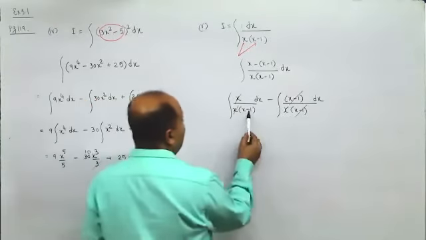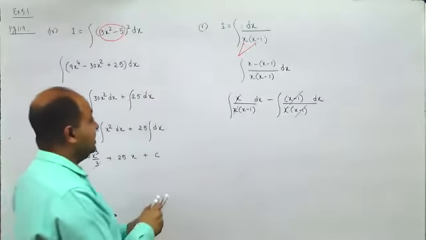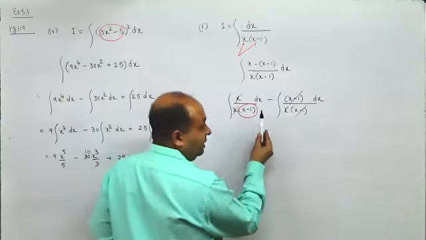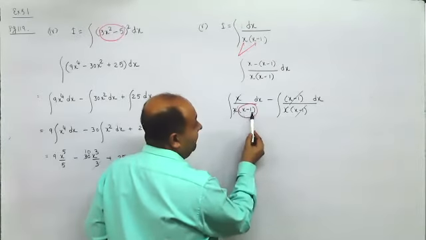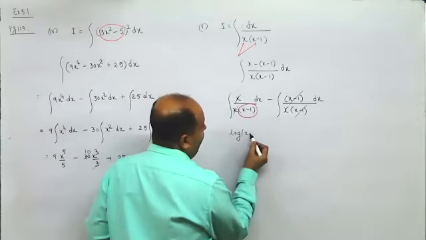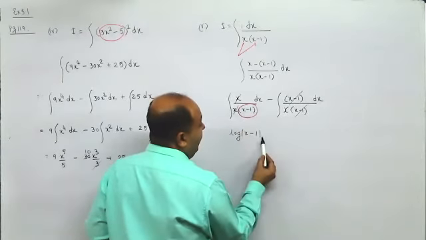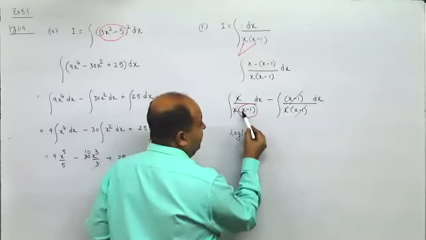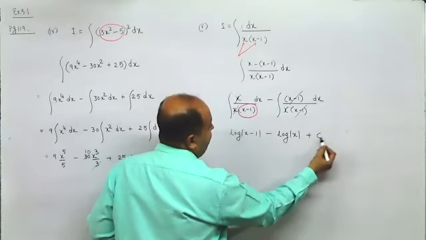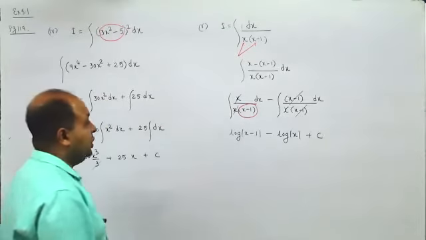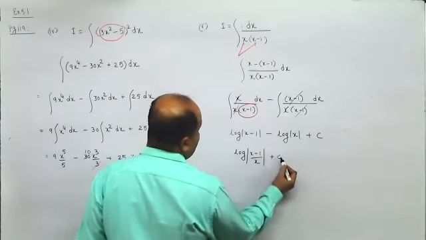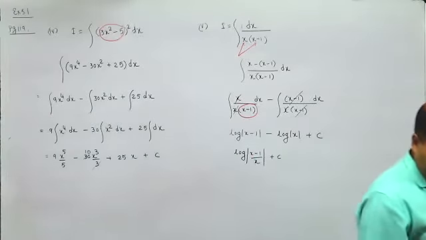Remember, this can be treated as an x term because this is linear. Since this is linear, you can treat it as an x term. 1 upon x dx would be, integration of 1 upon x is log x. So you would be getting log x minus 1. Now you treated this as x, so you have to divide by the coefficient of x. Here there is no coefficient of x, so it is 1. Minus, this is 1 upon x. Again you will get log x plus c. So log of a minus log of b. So this would be log of x minus 1 divided by x plus c. This is the answer for the second one.